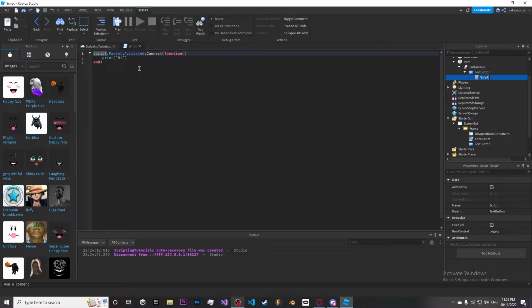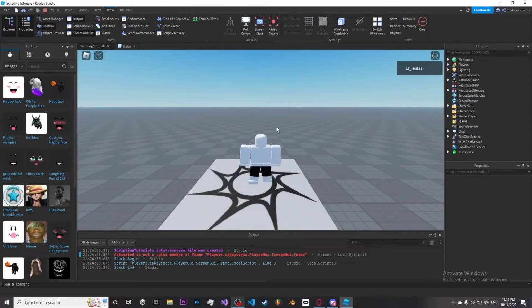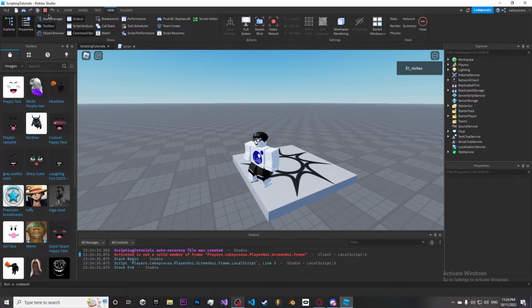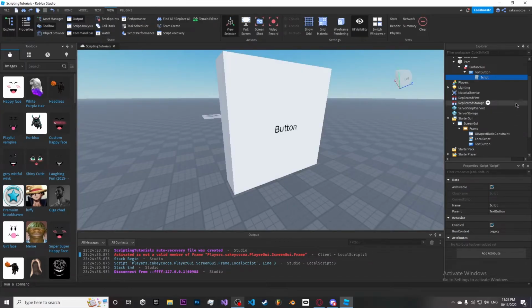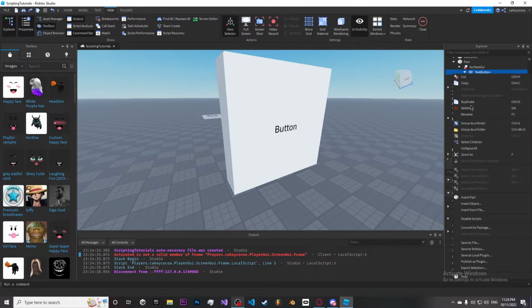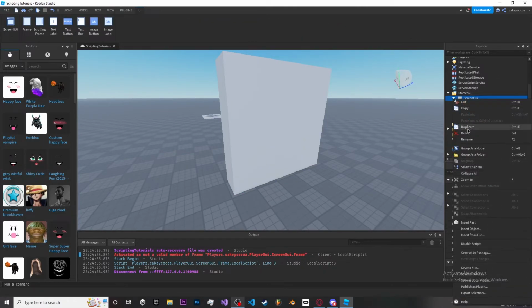What was the error again? I'm not too sure. Why is it activated? It's not. Okay, I'm sure there's some obvious mistake I'm doing. Not sure why it isn't working, but the second way to make a surface UI, which is